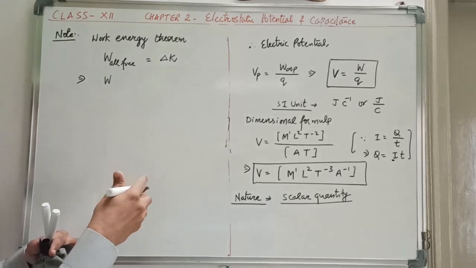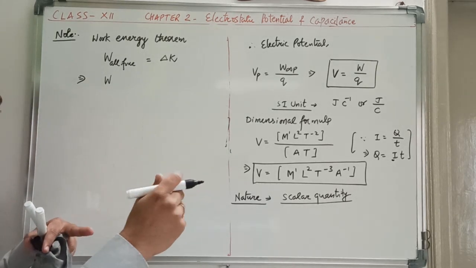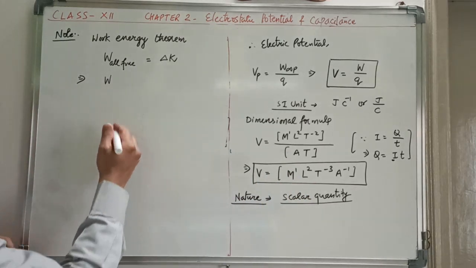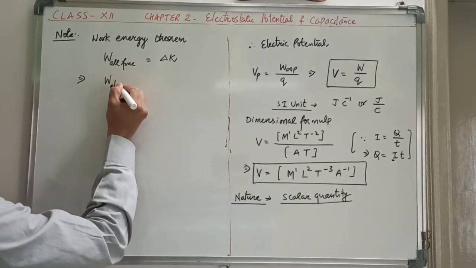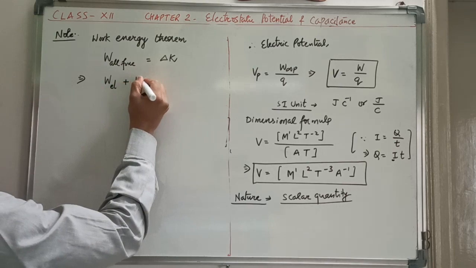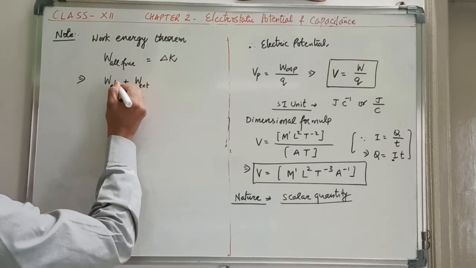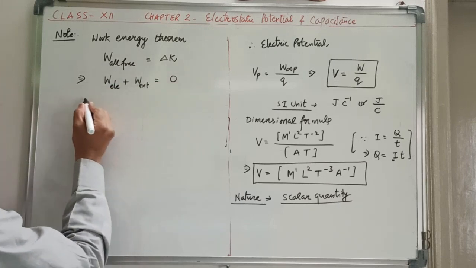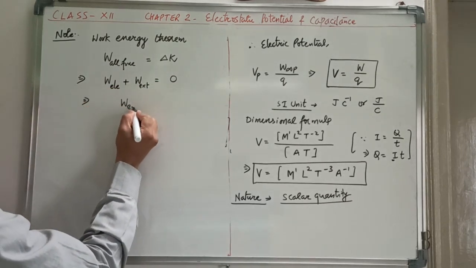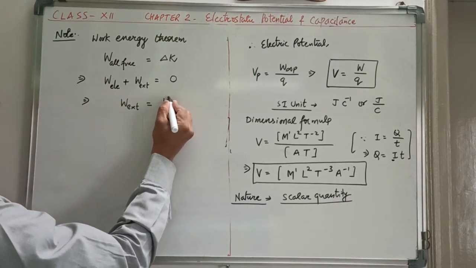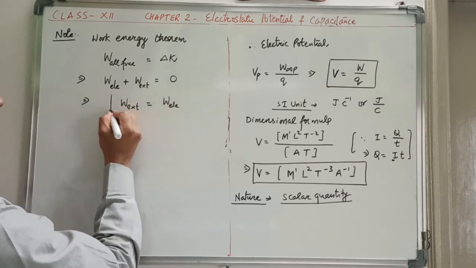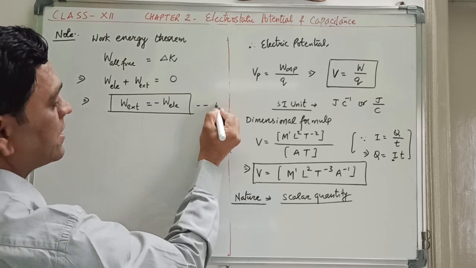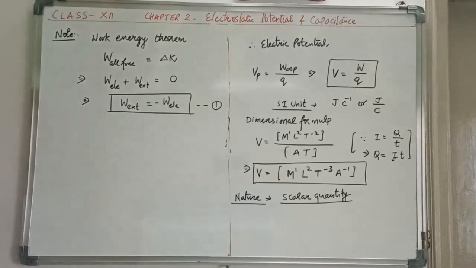Who will do the work? One is the electrostatic force, and the other is the one who is bringing the charge here. Okay, so there are two forces. For electric force I write EL, and for external forces I write EXT. So work done by electric forces and external forces will be equal to 0. So I can always say W external will be equal to minus W of electric forces only. This will become your next relation here.